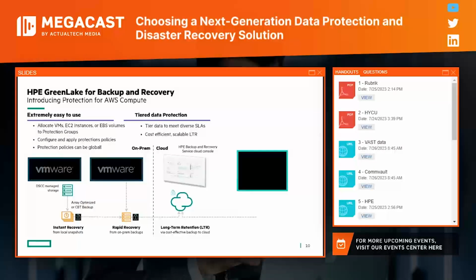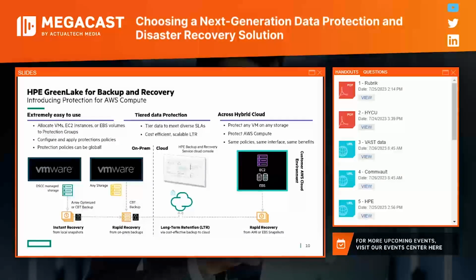So backup and recovery, what it is, it protects VMware environments. That's the first thing. It's only VMware at the moment. And it can do instant recovery via local snapshots, rapid recovery via local backups, and then you can push those backups off to the cloud. And I use the term push very intentionally, because the service matured and we added any storage. Before we added any storage, it was only HPE storage you could do snapshots and backups with. Now that we've added any storage via that CBT, change block tracking, backup, we can now use pretty much any block device to do local backups to. And then again, you can push those off to the cloud.